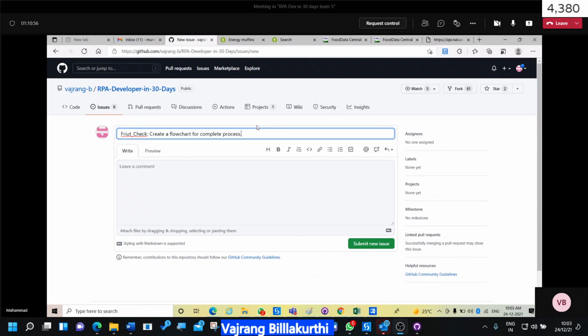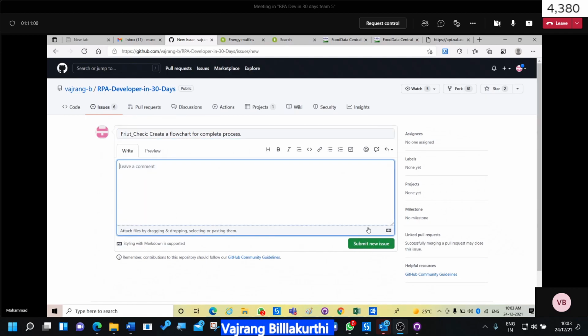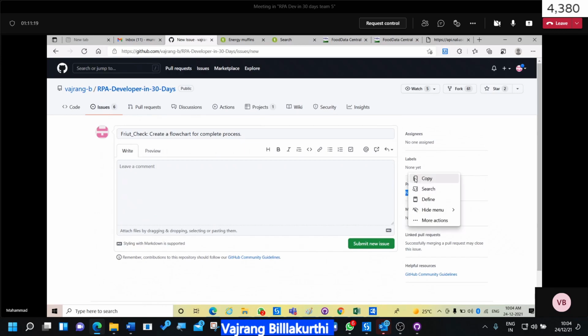Okay. Submit the issue. No need for comments and all. Let me create a project for you and then you can map a project. Wait. On the right side, you have a project option, right? Yes. Just wait for a second.